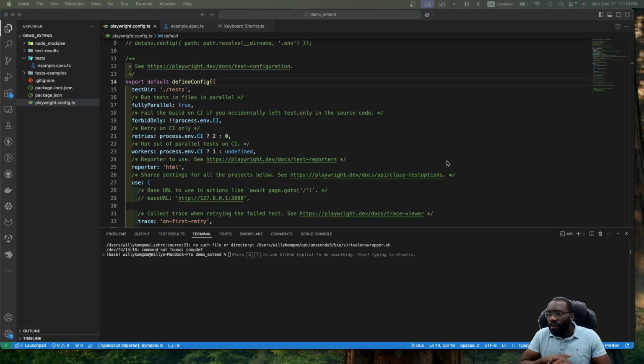So we have already created a demo project for Playwright with TypeScript, and as you can see, out of the box, Playwright lets us set some essential options like base URL, workers, retries, and other options. But if you want to add a new property that Playwright does not recognize by default, like a base API URL,